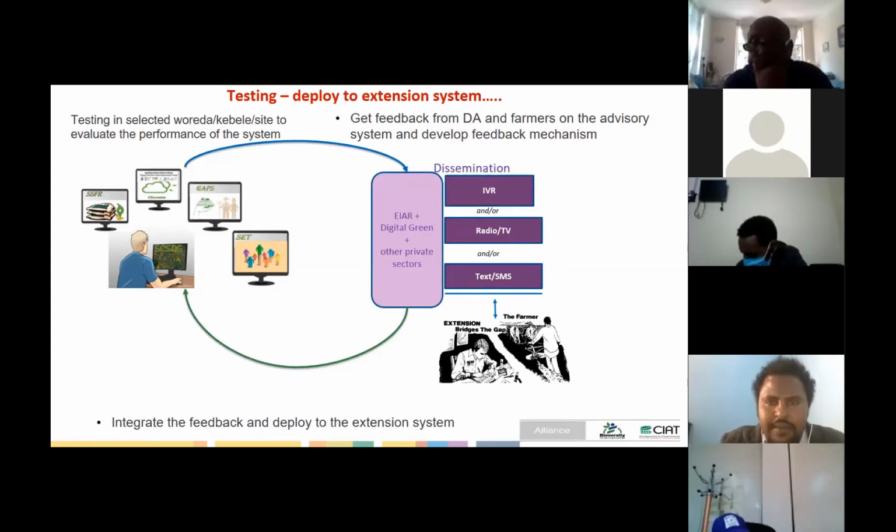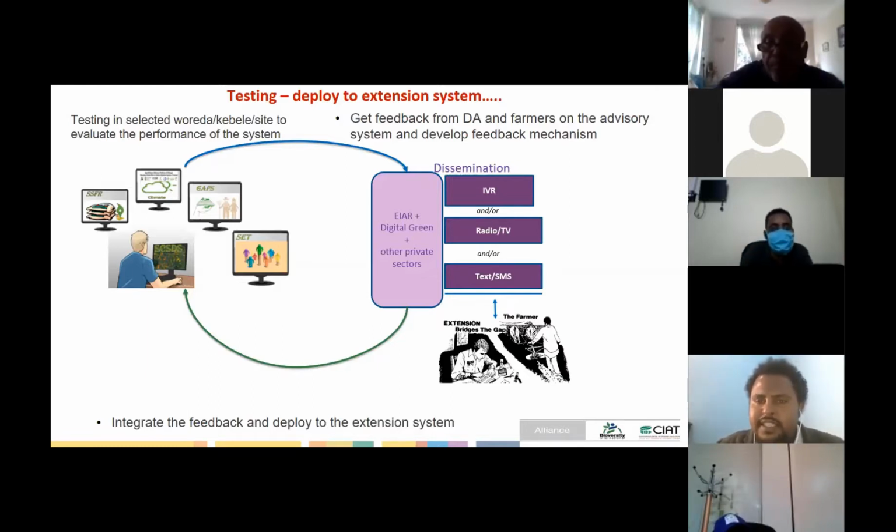And once we have this, we will deploy in selected sites, and then we will disseminate the information on fertilizer, the CSA practice, the SFM, and also the climate information to the farmers, in collaboration with IR, Digital Green, and other private sector actors working in disseminating agricultural information to farmers.